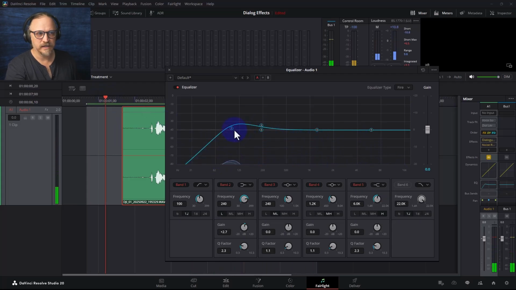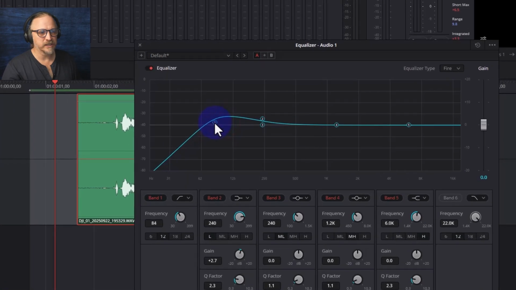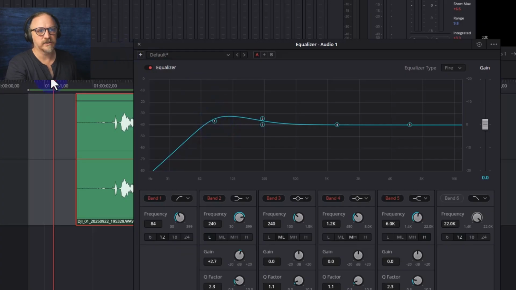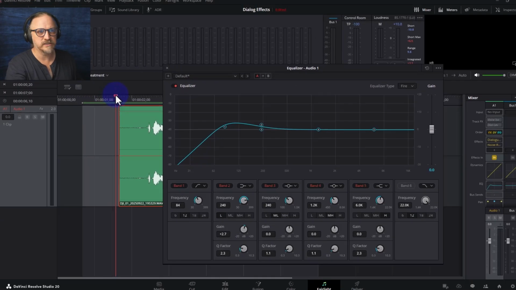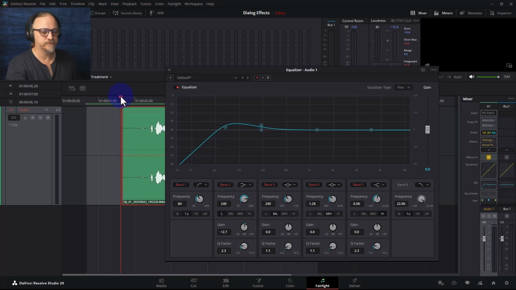All right, I like it. It sounds full. It sounds intimate. It sounds like a person speaking close to a mic, which she was. It was only about 6-7 inches away. But I think I'm taking a little bit too much low end out, so I'm going to take that down a little bit, as long as the noise is gone and the voice still sounds full.